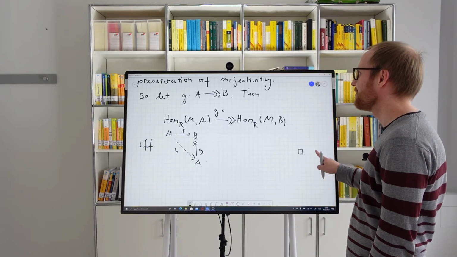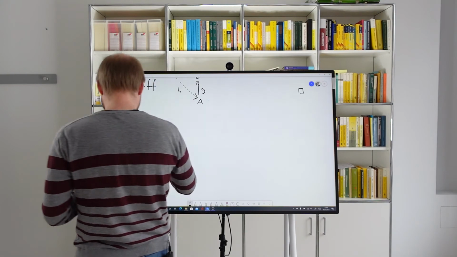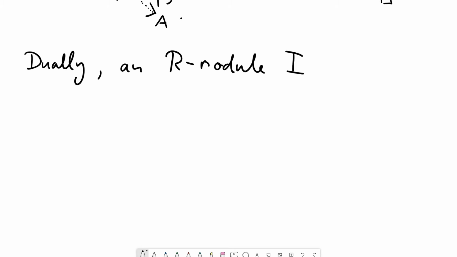Okay, so let's introduce the corresponding dual object as Roman suggests. So dually, an R module, and now we just dualize the concept of projectivity. An R module I is called injective. This is supposed to be the dual to projective. It's called injective